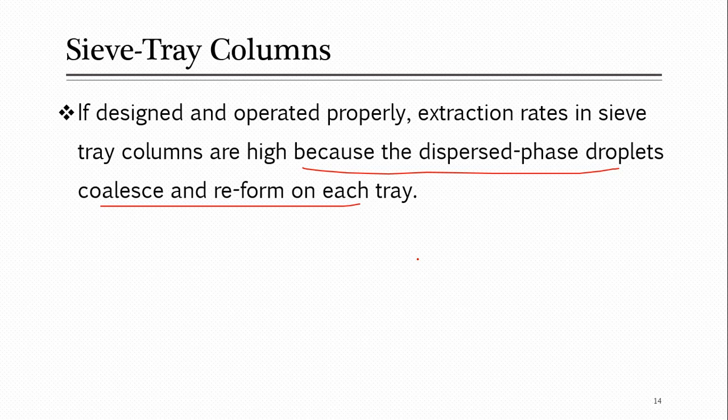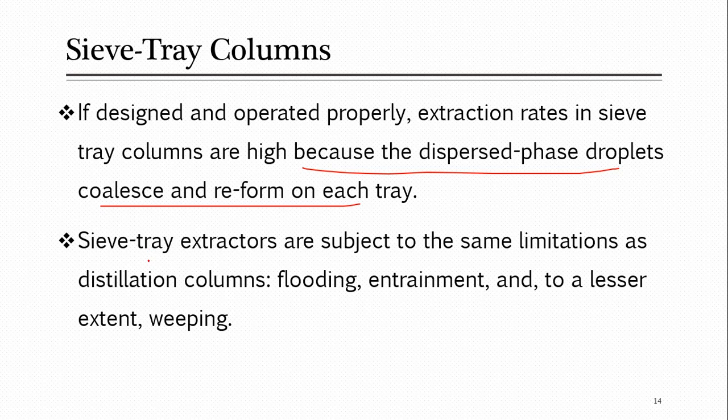When they come, they pass through the holes. Due to some resistance, the droplet can be broken, and when it leaves that plate, it is formed again. So when it is broken, definitely better mass transfer takes place. So sieve tray